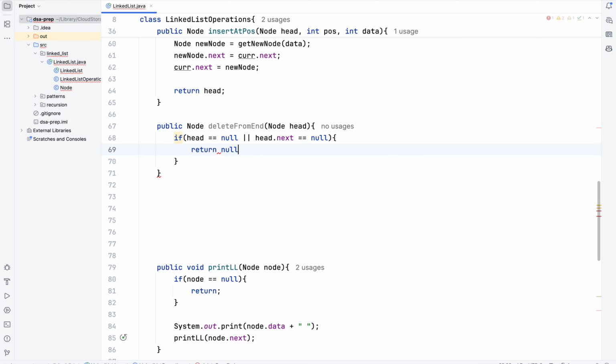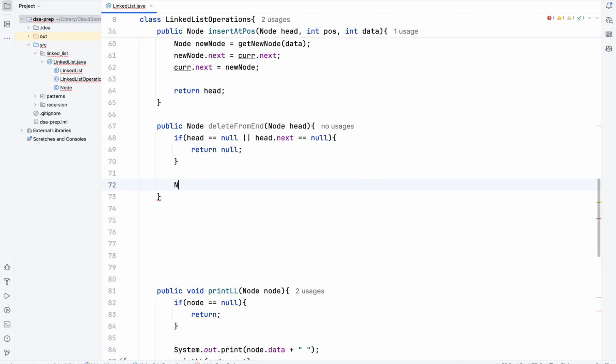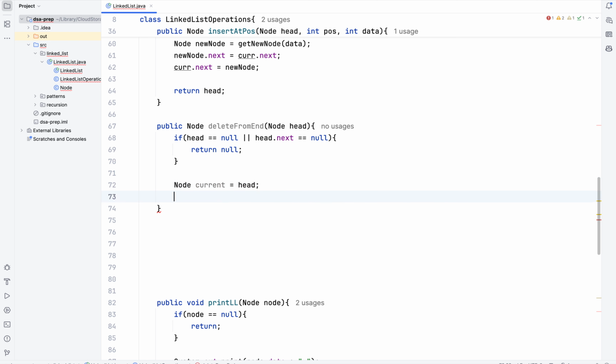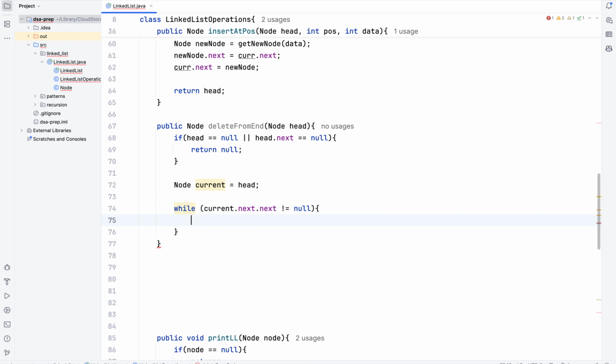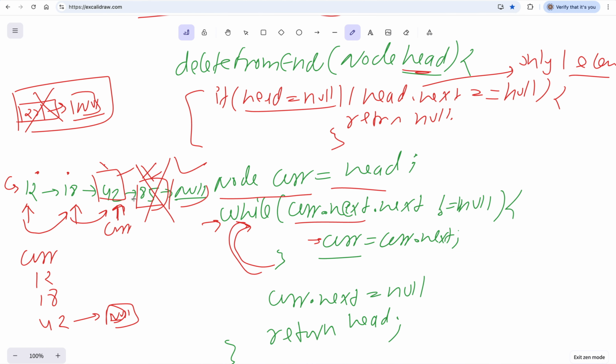So you can return null simply, and then you can keep a current node with the head. You can just point it to head currently, and then you can run while current dot next not equals to null. If it is not equal to null, you can just move current equals to current dot next. And at the end, once you reach till this particular point,